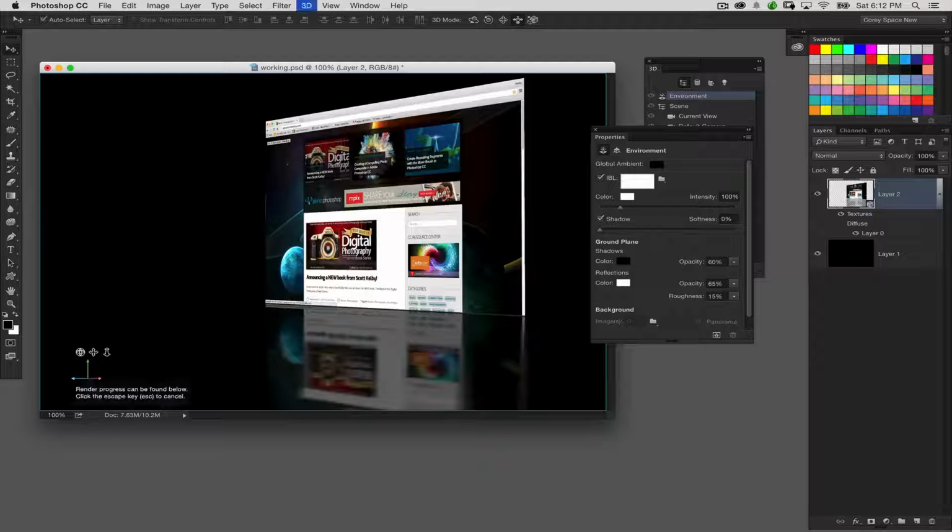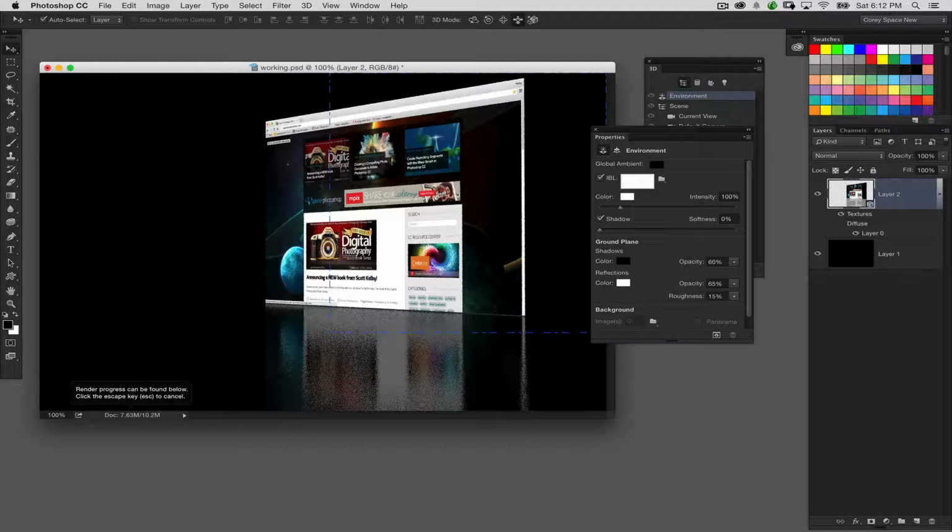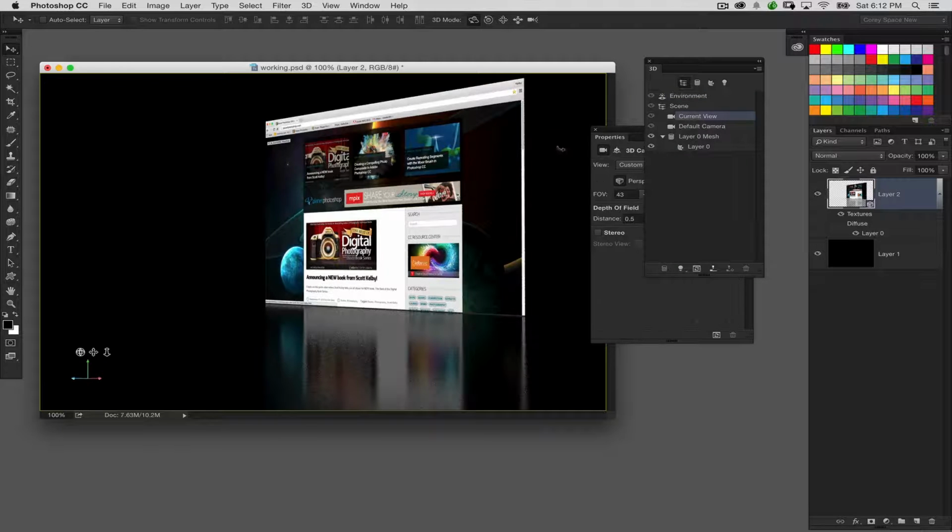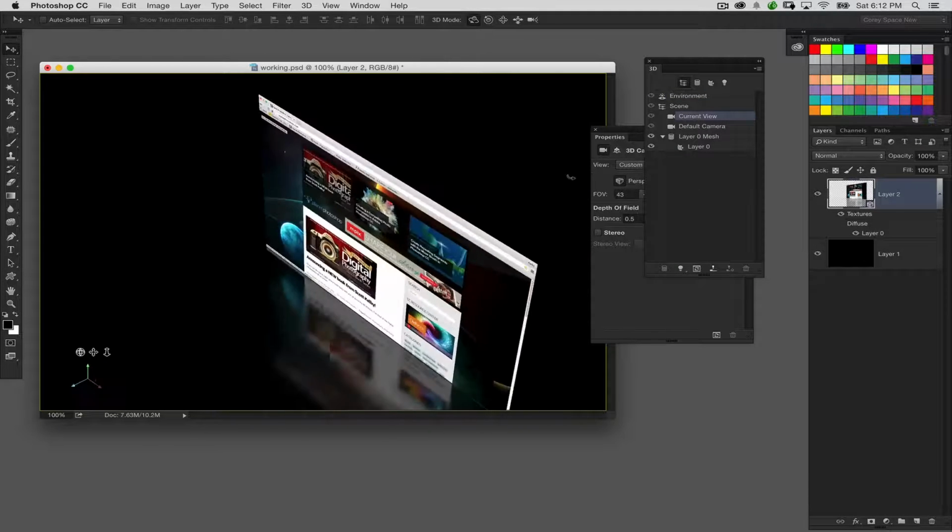But if I go and do a render on the object, and there you can see it gives me that kind of grainy look at first, and then with each pass it's going to get softer and softer and gives me a little bit better reflection there. But the beauty is, of course, that I can go in and move that object around and get a different